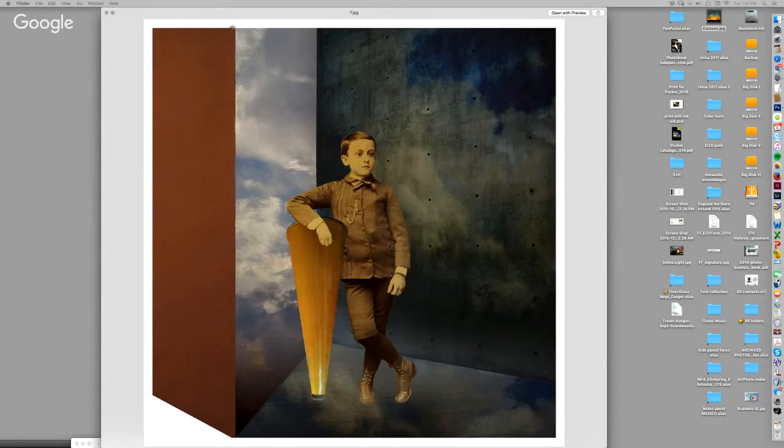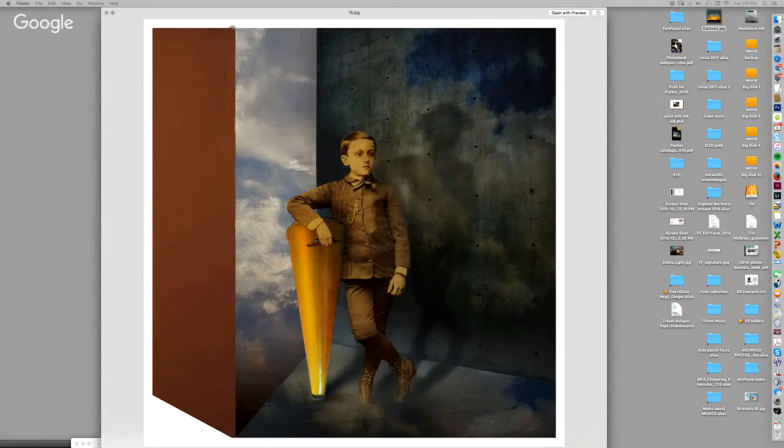Boy, this is a megaphone. But then I added a handle, created the handle in the shadow, more shadow, highlight, shadow behind the megaphone, more shadow, shadow over him, more shadow, shadow behind him. Gave him a hat, shadow underneath the hat, more shadow. Gave him a suitcase,